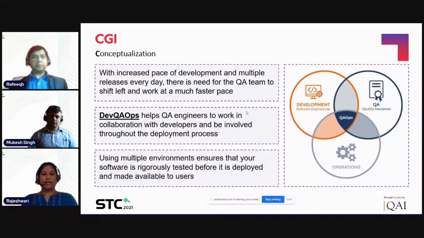Now the conceptualization. The coined term which hinted us to come up with this particular kind of tool is Dev QA Ops. As I told you, development should not work in silos and the ops team should not work in silos. Whenever there is a new change developed by the developer, they hand it over to the ops, and often the ops team will throw it back saying that it is not in a deployable state. That means there is a delay in deploying that particular solution into the respective environment.